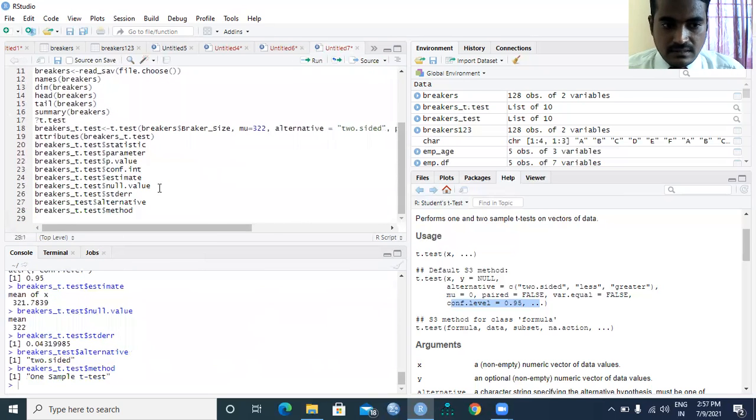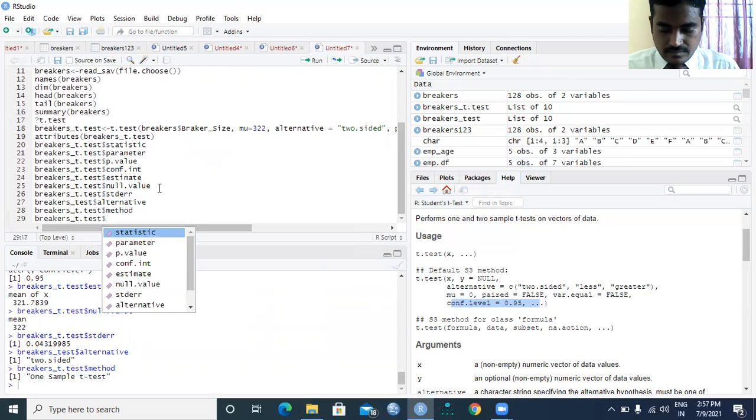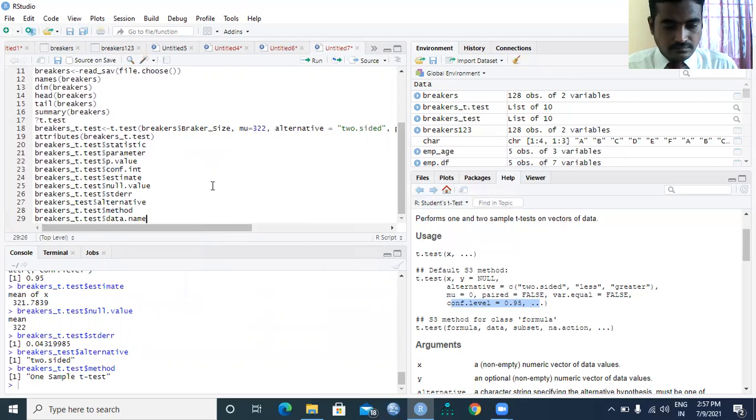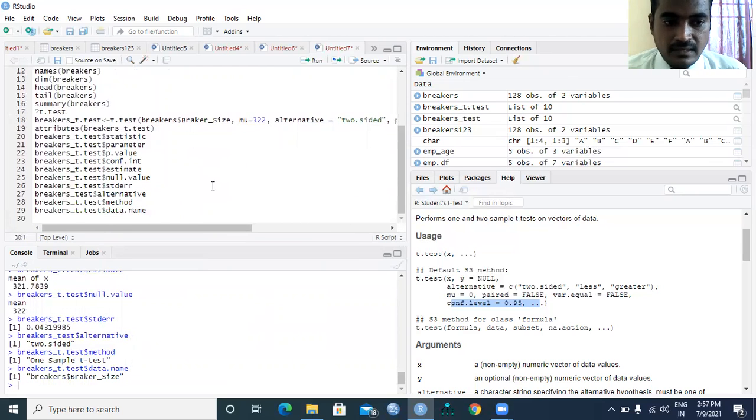The method I used to calculate the significant difference between population mean and sample mean is the one sample t-test. It is from the file breakers, from which I took the breaker size variable.